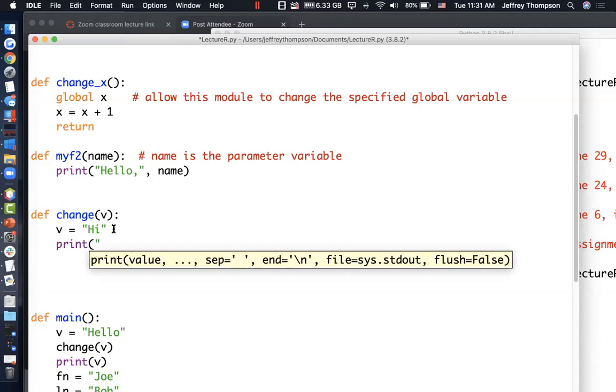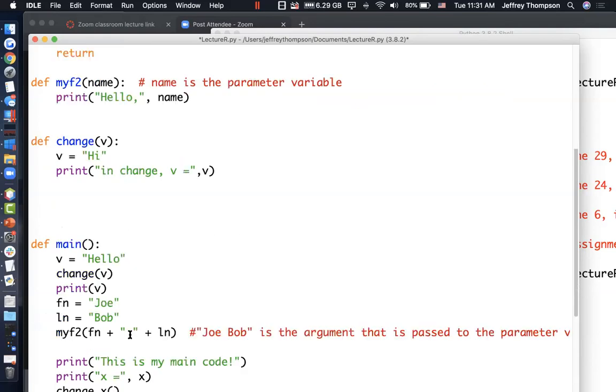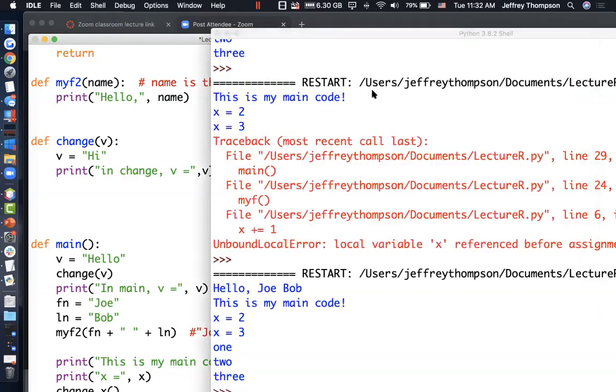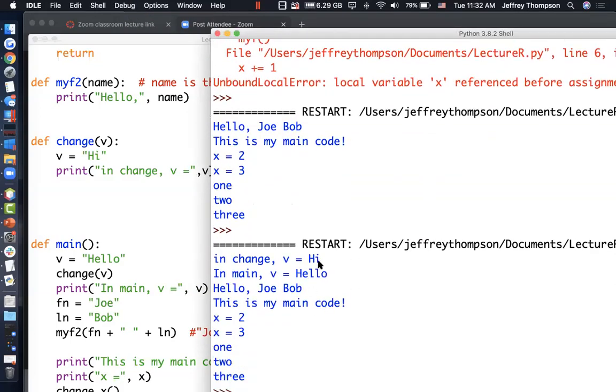So print in change v equals, end quote, comma, v, right? We're going to see the contents of v there. And then in main, v equals, end quote, comma, v. We're going to see what it is after the call to change. And so in change, v was set to hi, but once we get back from there, v is still equal